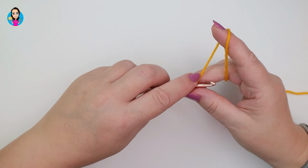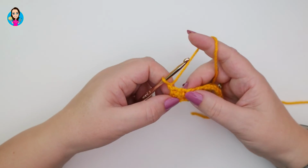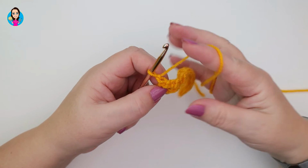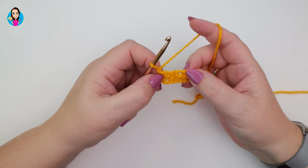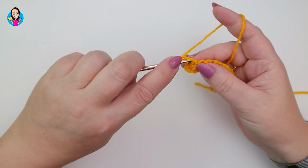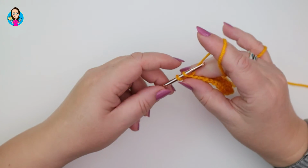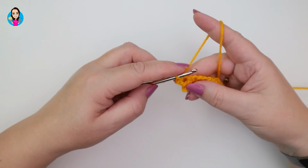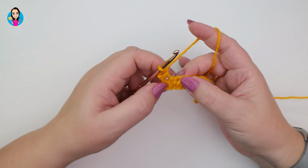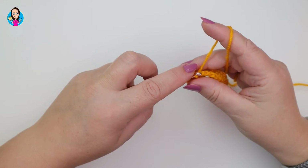So for the next row then we're going to chain 1 and we're going to turn our work. Now again we're going to be working into the chain spaces, so we need to just pull those stitches apart a little bit so we can see those chain spaces, and we're going to insert into that chain space, yarn over, pull through, making our double crochet, chain 1, as we did for previous rows, skip that stitch, working into the chain spaces only,